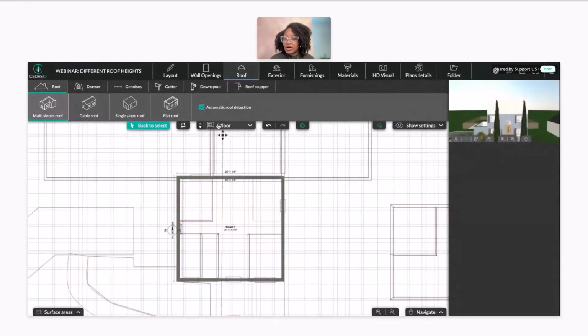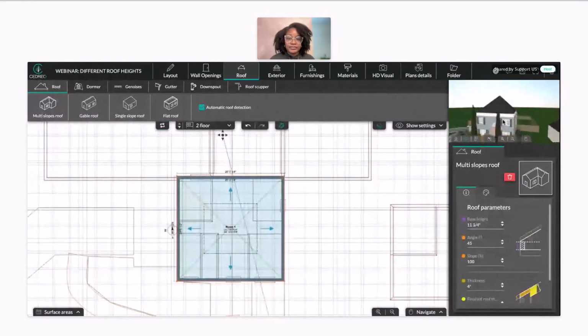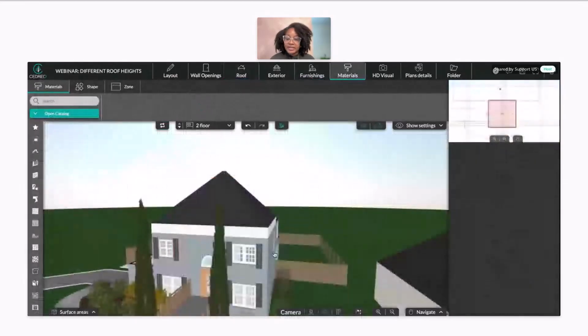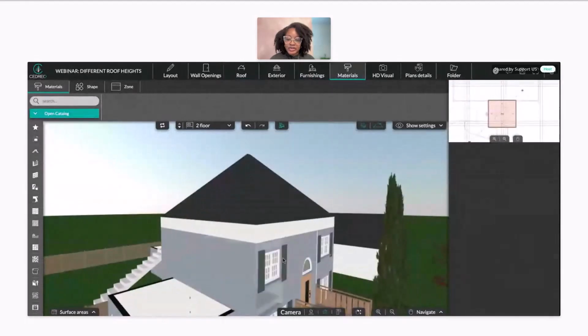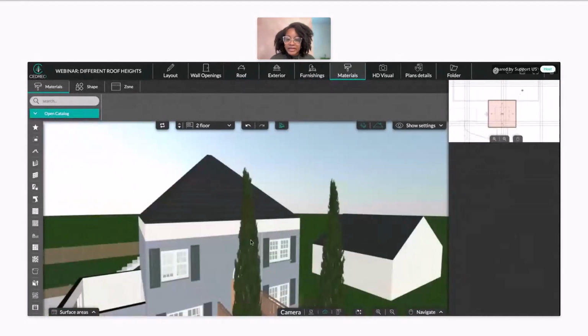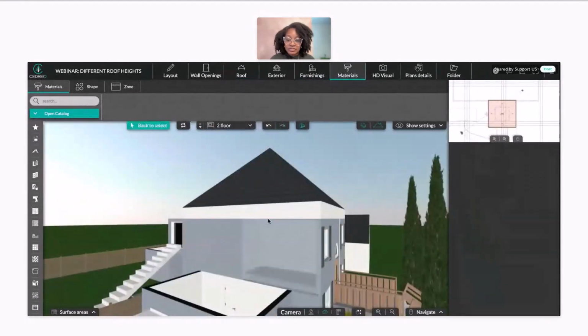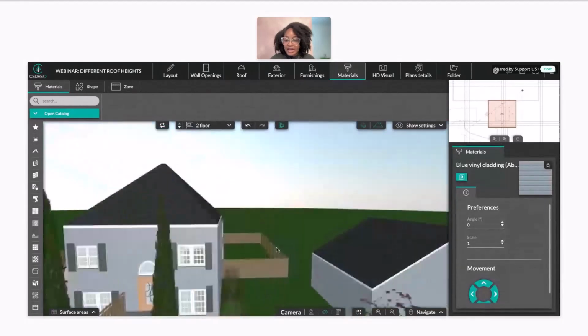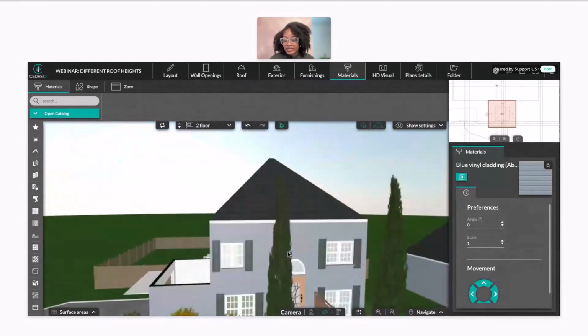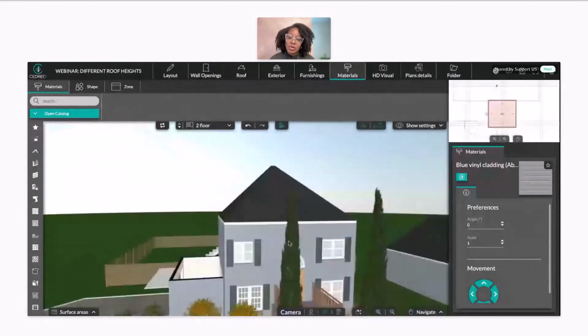And you can select the automatic roof detection since it's just a simple roof. And I'm going to add it in. Now you see what happens. My 3rd story is collapsed. You can either change the material of this area and then it closes it up, because now you cannot tell the difference. Or